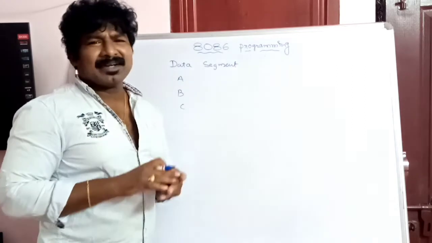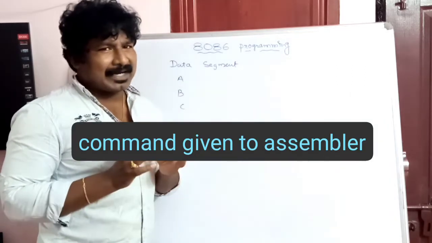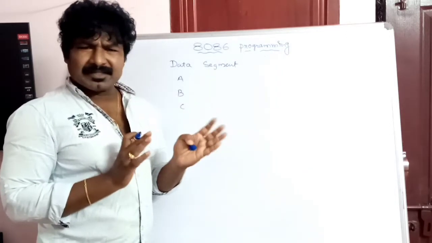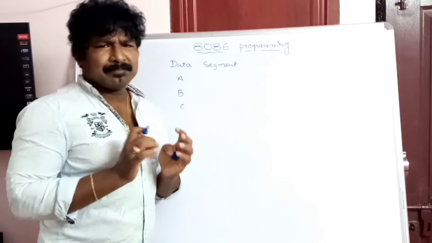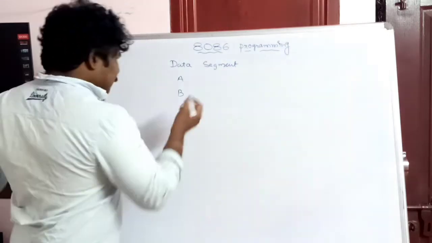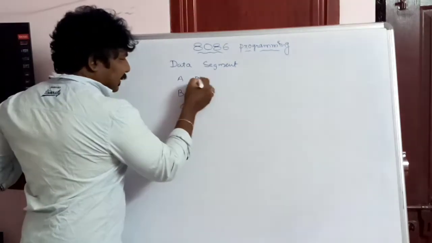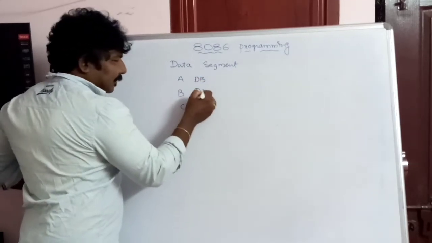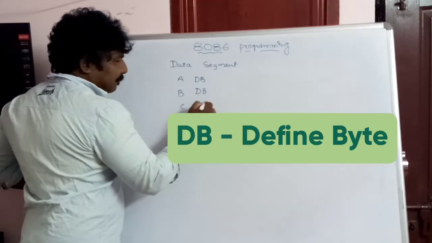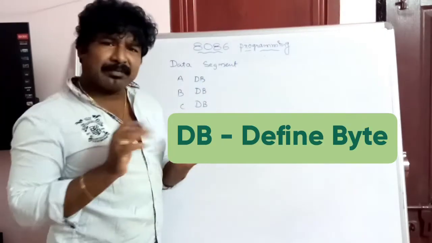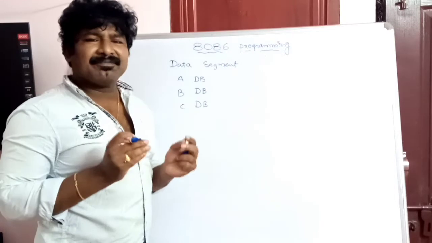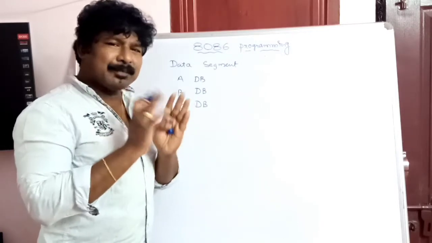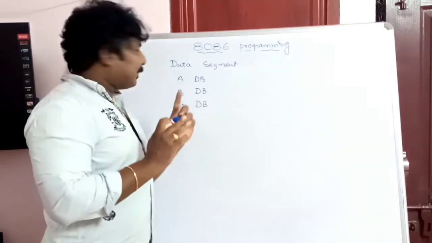What do you mean by assembler directive? An assembler directive is a command given to the assembler. This is just a beginning. I'll give you an example of a simple assembler directive, that is db. So you need to declare them with db. There should be some space between these two things, so another db, and this is also db. db stands for define byte. That means I want to define a byte for my a, that is, I want to reserve 8 bits or 1 byte of space for my variable a.